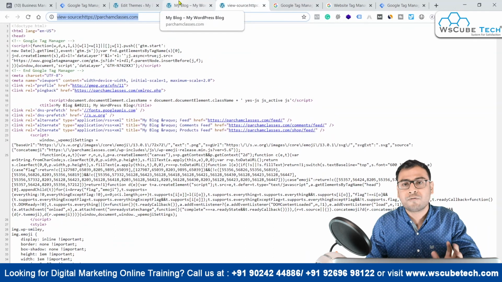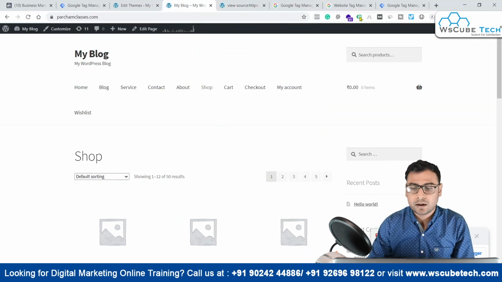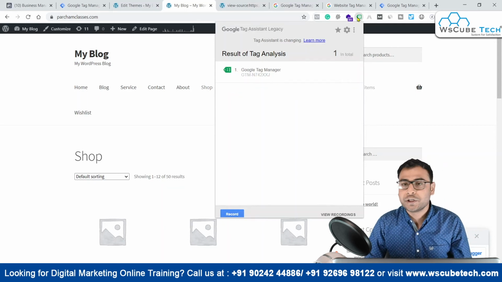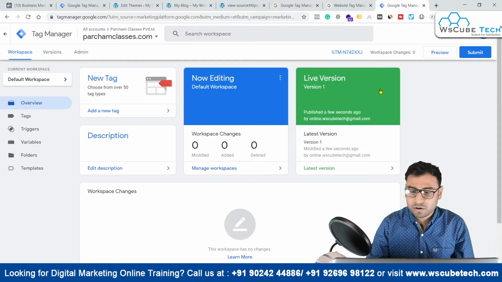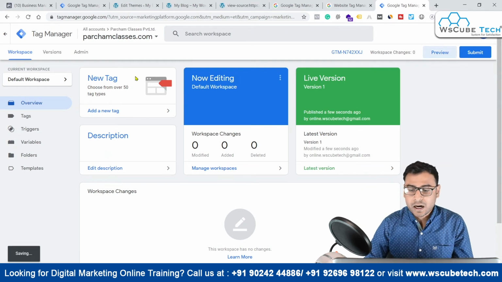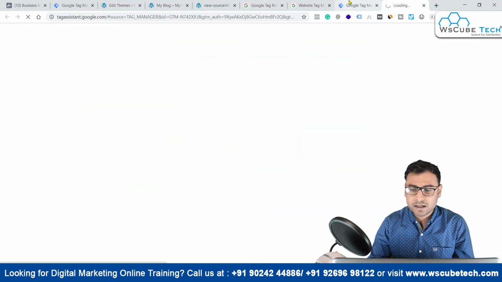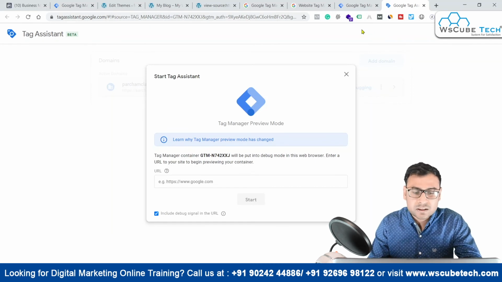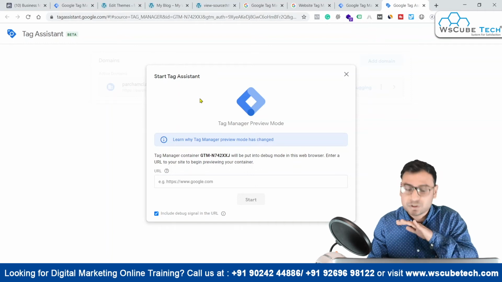The second method of identifying is this Google Tag Assistant method, that will again help you in identifying whether your GTM code is properly installed on your website or not. Then the third one is the preview and debug tool, right? So they offer you a preview and debug tool. You can go ahead and click on this preview in the tag manager, and let's see if our GTM is properly installed or not. But it is properly installed, that we have already verified. But if this preview and debug tool is working fine, which means that GTM is also working fine, right?